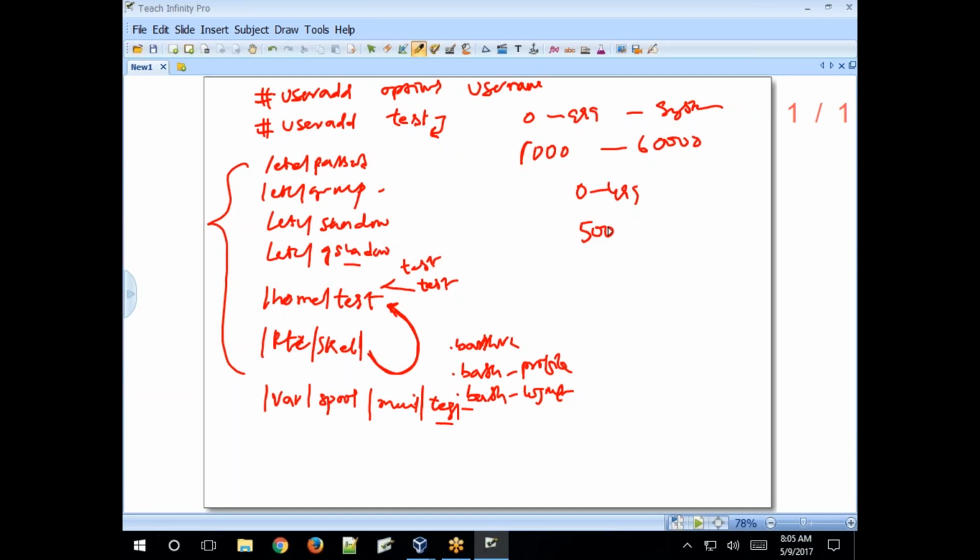Clear? So what is the UID and GID of root? What is the UID of root? 0. User ID 0. For the root user account, the UID is always 0. And the group ID, root is the group name, right? So same, group ID is also 0. The same group is created with the same name, root. Okay? So like this.